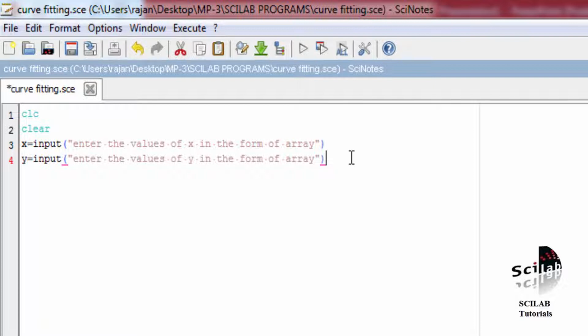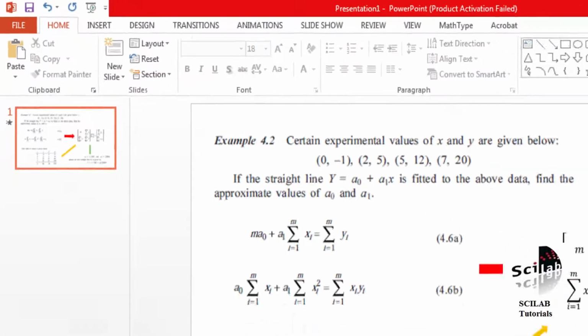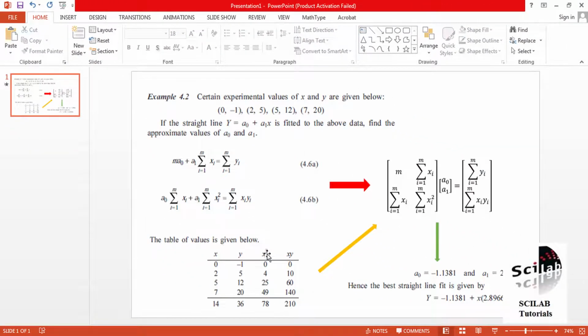The next step is we have to calculate the values of summation x, summation y, summation xi square and summation xi yi. These 4 quantities we need.